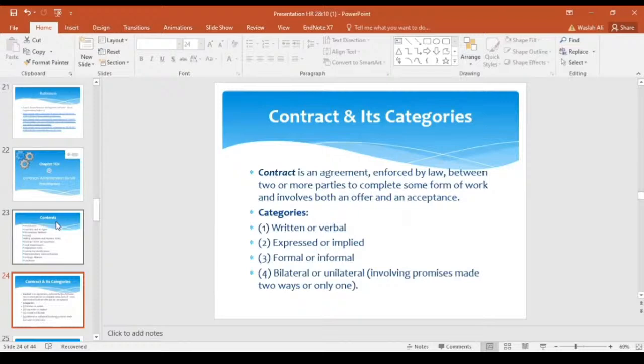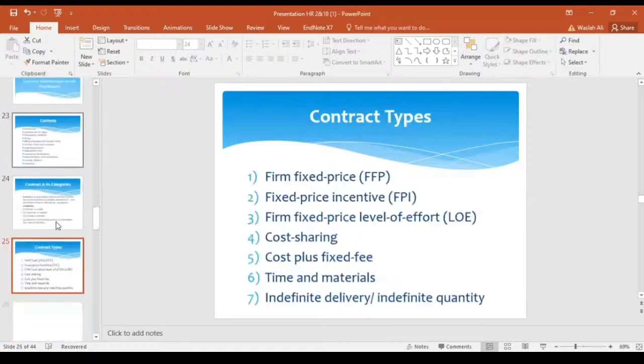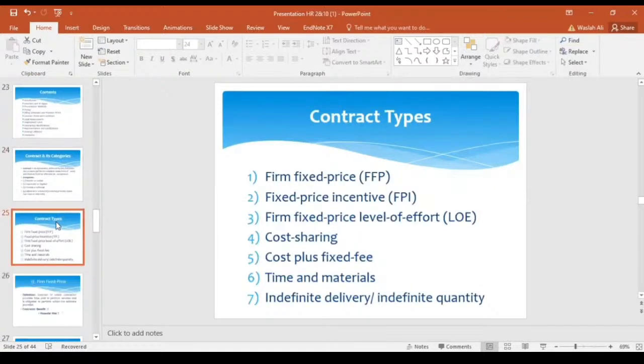Similarly, we have the bilateral or unilateral category, which involves promises made two-way or only from one side. Now, explaining briefly our next types of categories. We have 7 categories of contract types. Now explaining one by one